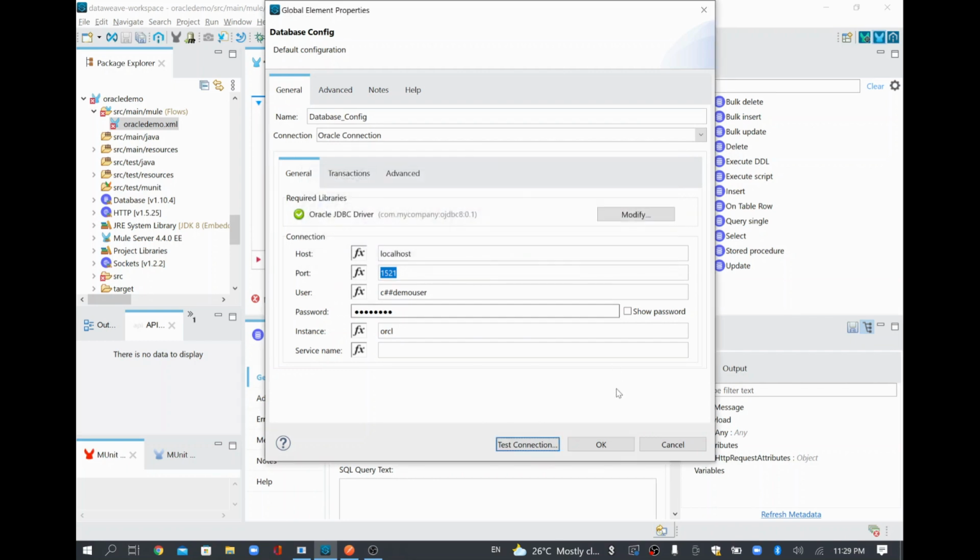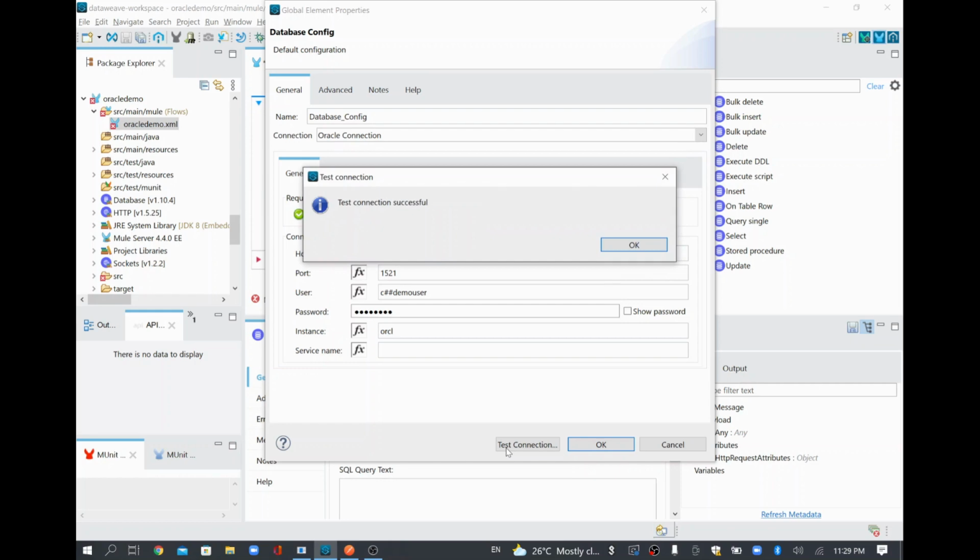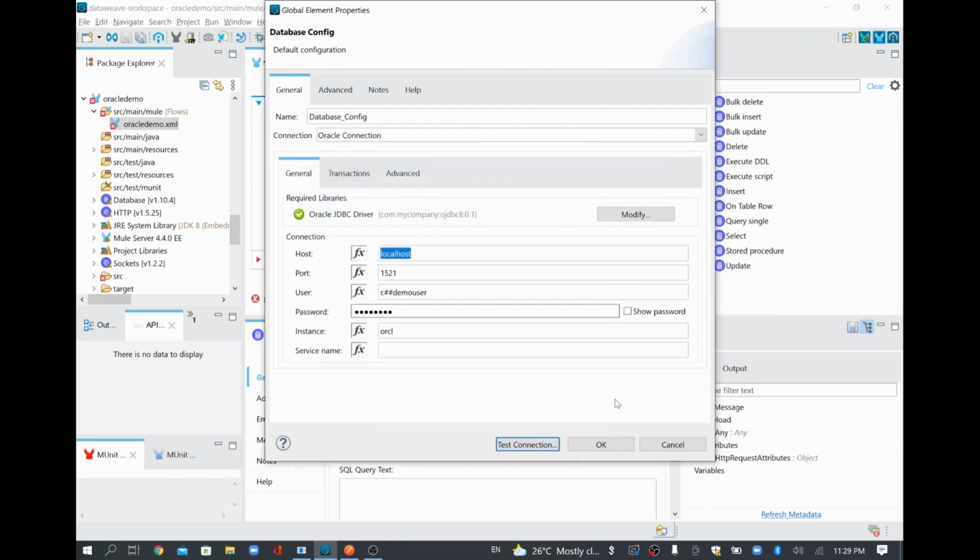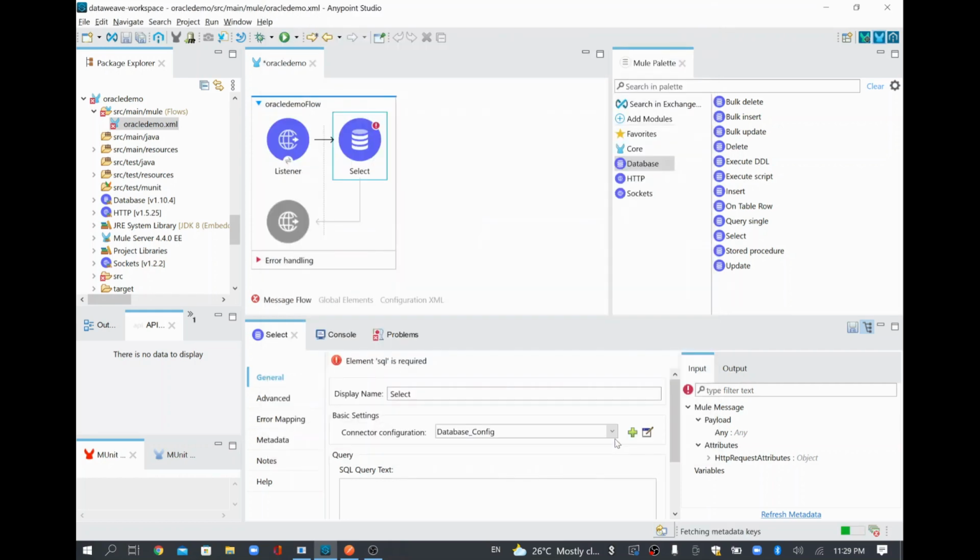I'll just give OK, and if you want to practice in your demo, you can install some Oracle and try to connect to it. Or if you have some other environment on the internet or in your client environment where you can connect to any Oracle, you have to give that host name and port here, and also the username, password and required database name as well. So the database connectivity is complete. That's why when we did a test connection, it was successful. And then I'll just click OK. So whatever we are supposed to do for connecting to the database is done now.